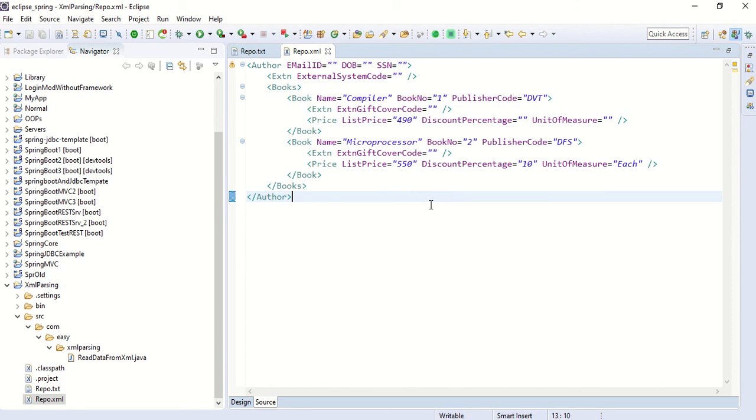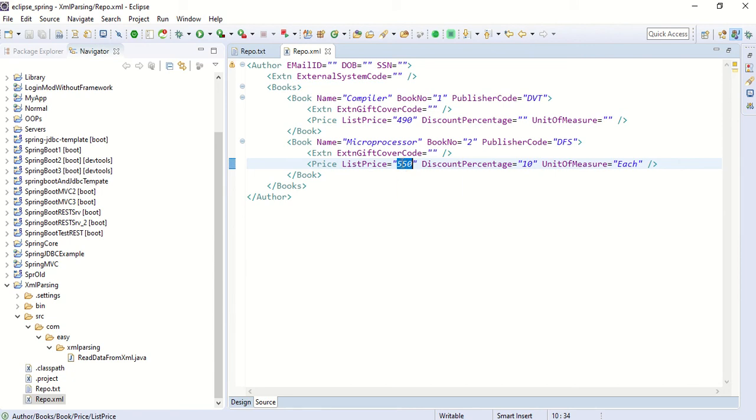In DOM parsing, the XML is represented as a DOM tree, and to read this value 550, we need to start from here. This is the root element. It's a tree structure, so we need to move into this, then into this, then come to this price element, and then read the value.